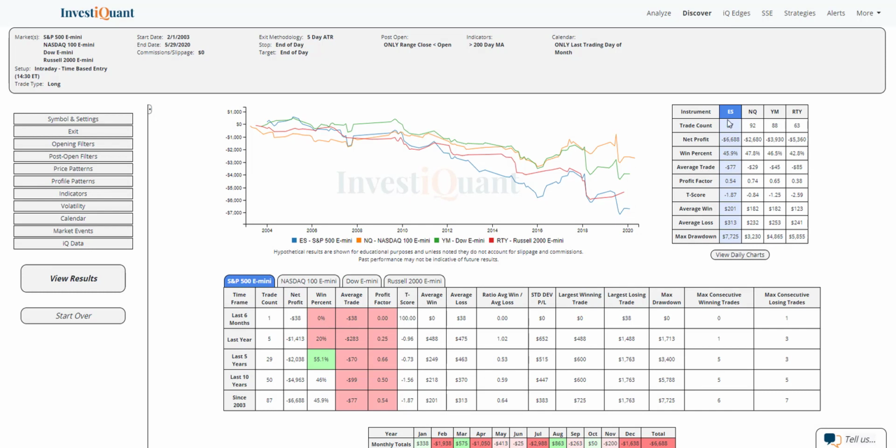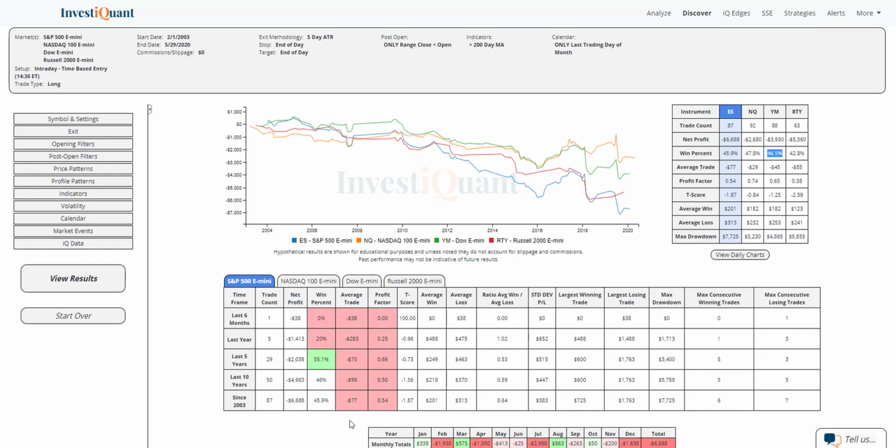Looking at the stats next to it, ES 87 samples, NASDAQ 92, 88, and the YM 63, and the Russell. And it looks like the Russell is actually the most consistent. If I just hover over the Russell right here, you can see the equity curve of just the Russell, and that one is weakest at 42.8%. So that one has historically been weak going into the close, as they were off the open as well. And if you look at the others, win rates coming in, 46% for the ES, 48 in the NASDAQ, 47 in the YM. So those aren't that low. They're just slightly under